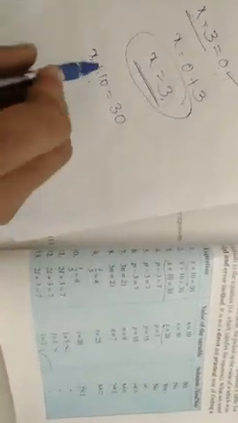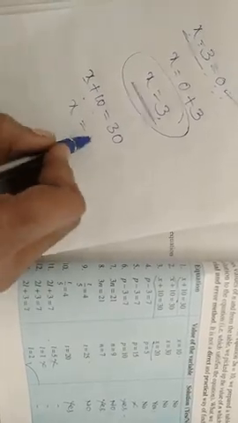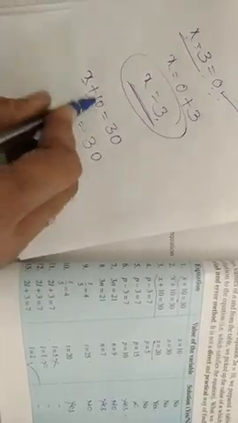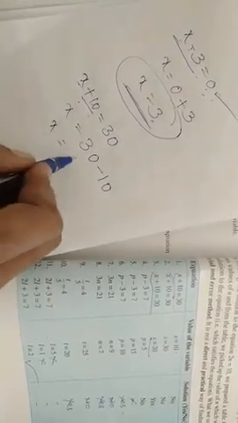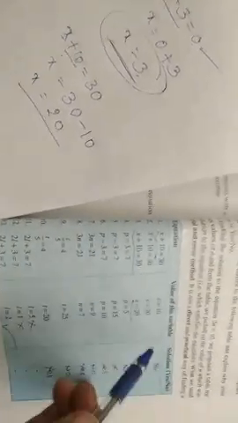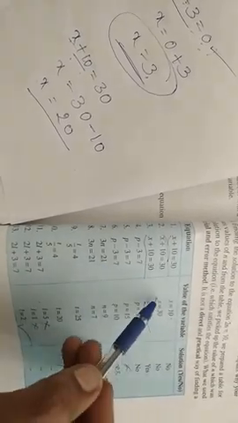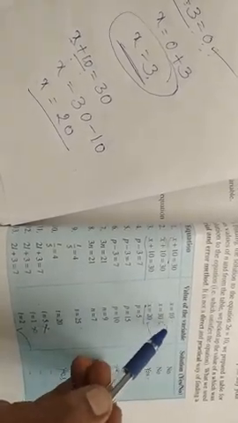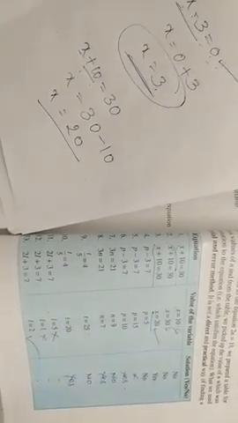Okay. See here, first you have to find the x variable value. x equal to 30, plus 10 comes this side as minus 10. Okay. x equal to 20. Understand? The x value is 20. See children, which one is correct? The third one is the correct answer. x is 30, no. x equal to 10, no. Wrong answer. Understand children?